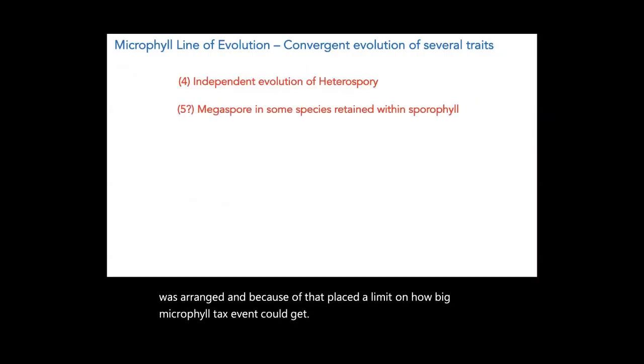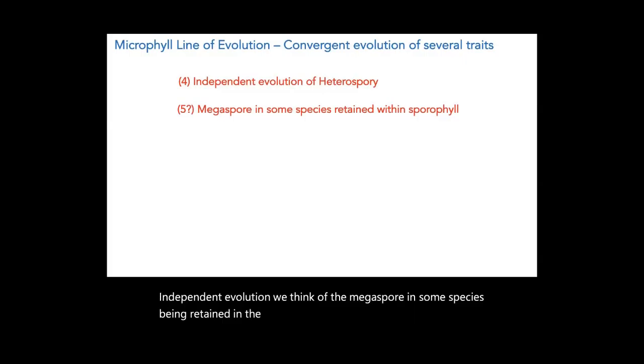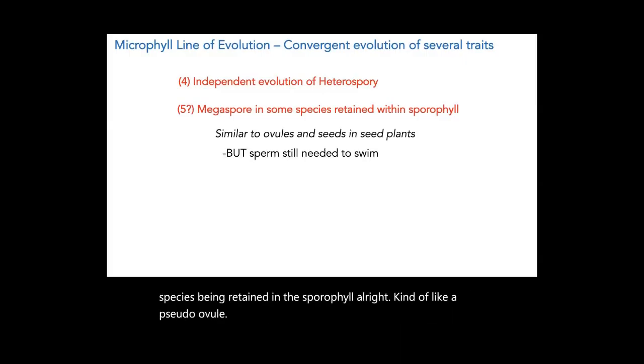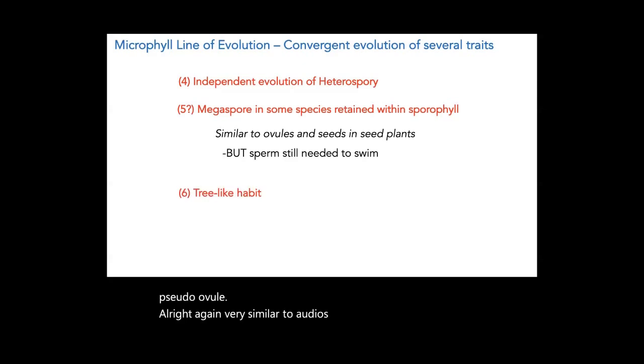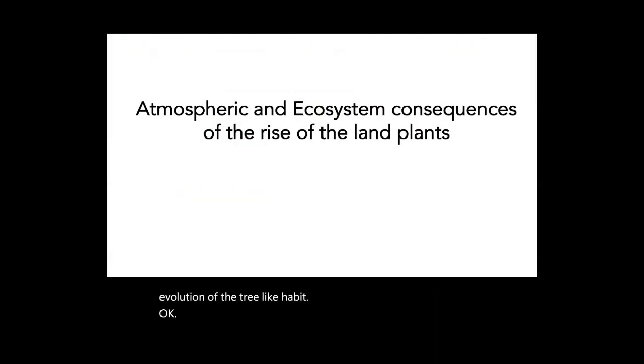Independent evolution of heterospory. We think of the megaspore in some species being retained in the sporophyll, all right? Kind of like a pseudo-ovule. Again, very similar to ovules in seed plants. Again, sperm still needed to swim. And then lastly, we see the independent evolution of the tree-like habit, okay? All right, so